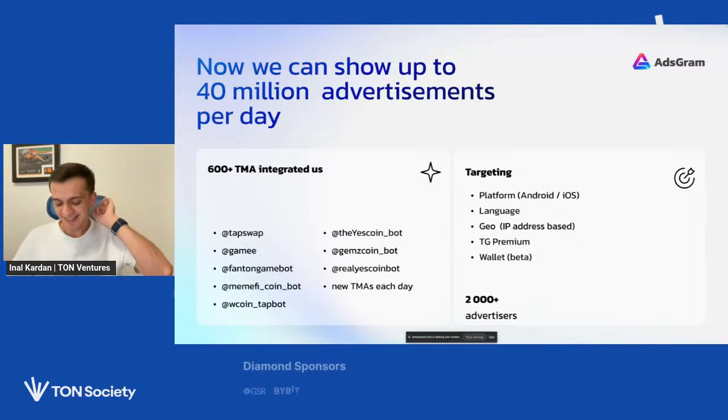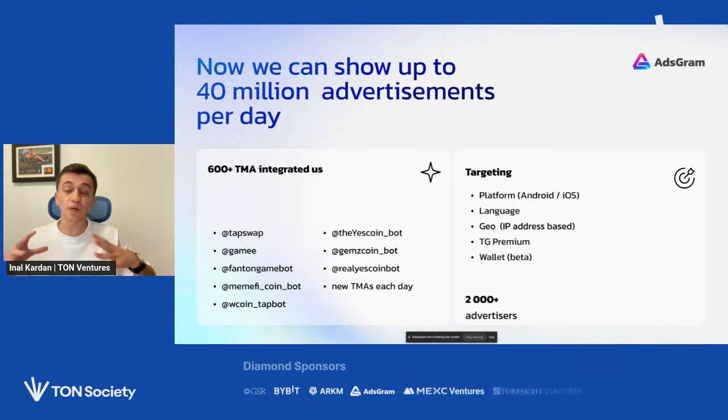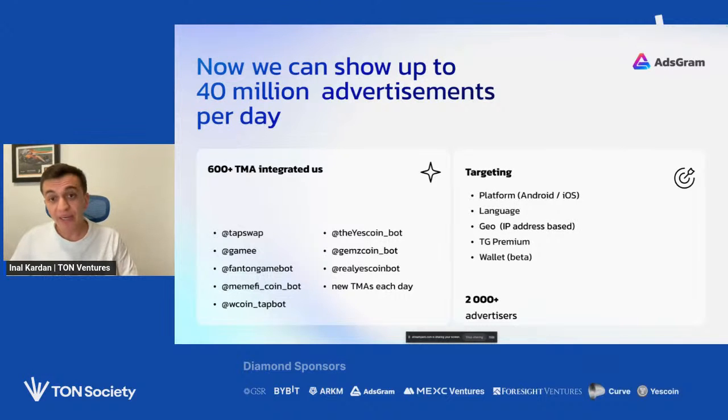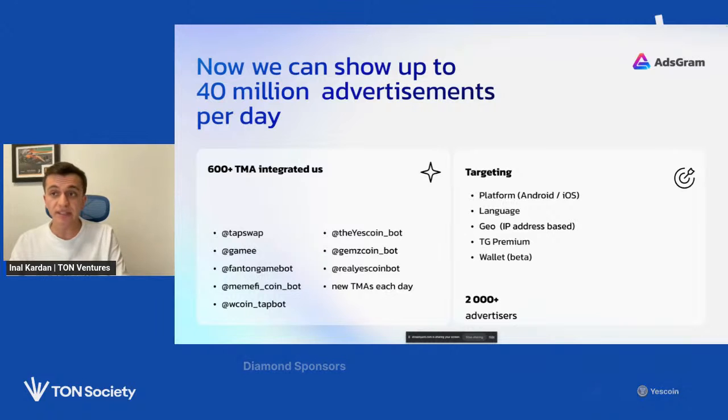I'm using AdsGram slides; I asked the team to provide me some information about how things work there, because in my opinion this is one of the most important acquisition channels right now. Through AdsGram you can get users who are already familiar with mini apps and how they work on Telegram. So here's the list of mini apps that have already integrated AdsGram.